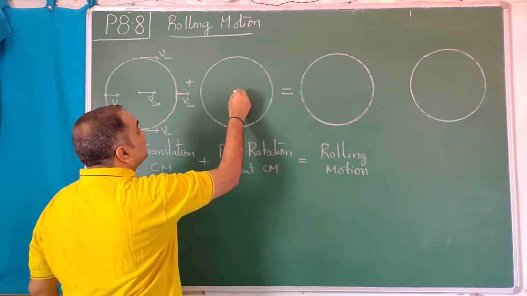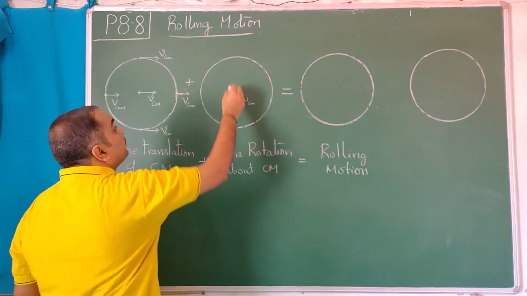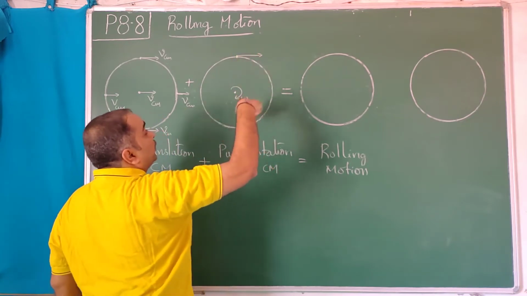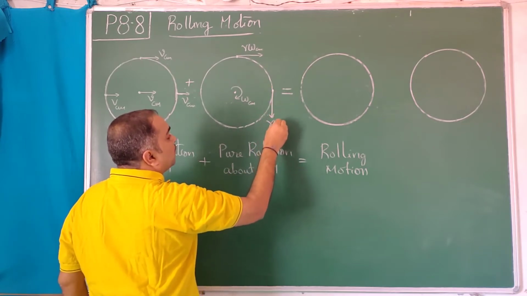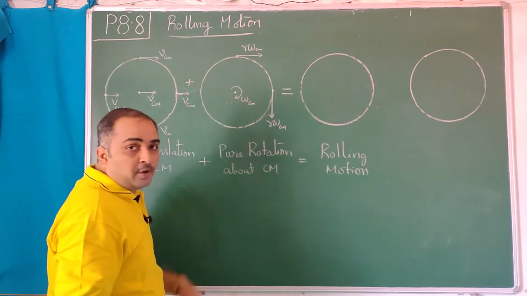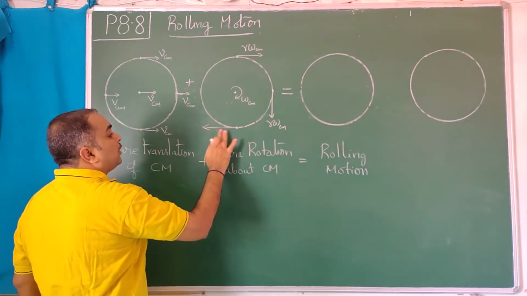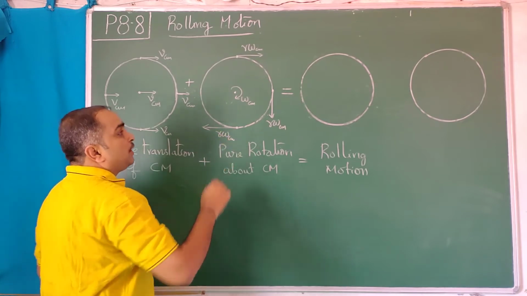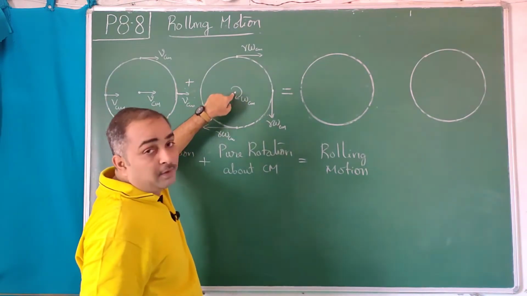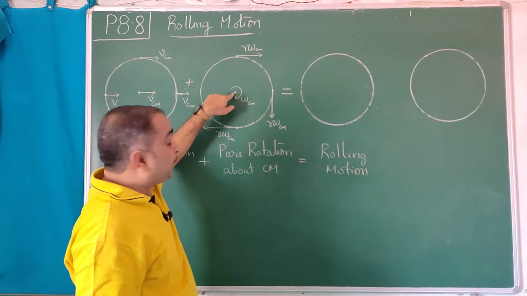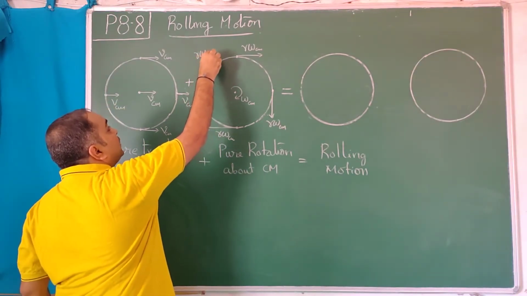And you have the center of mass about which angular velocity omega cm should be there. If the radius is r, this point will have, say, clockwise rotation, r omega cm, and this point will also have r omega cm. V is equal to r omega, the formula we have previously discussed. So at any instant V is equal to r omega cm. If you decrease the distance, the point will have lesser speed. Increase the distance, the point will have greater speed. And at the center the point will not have any speed, like a fan rotating. This point will have a speed r omega cm.